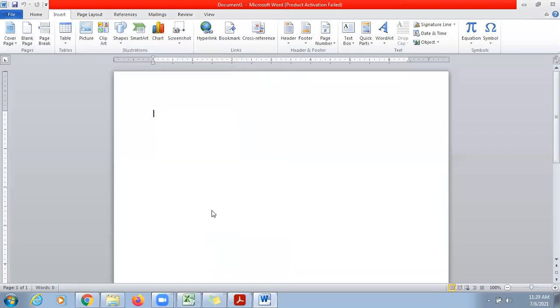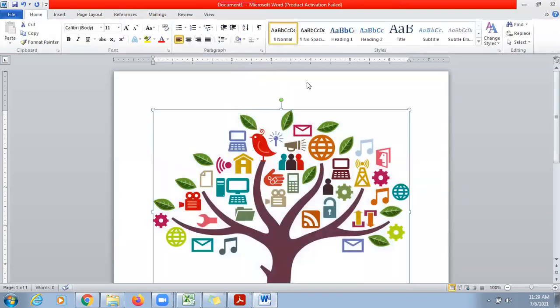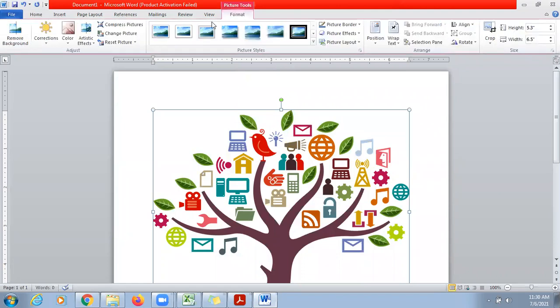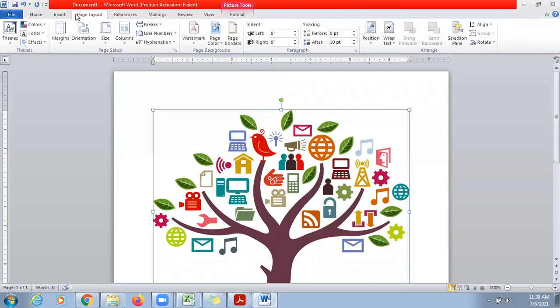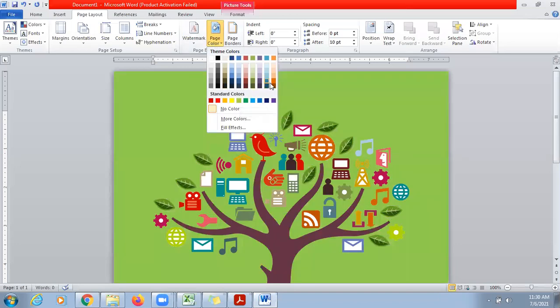If I'm inserting this image, let's change the background of the page so that we can check whether it's a JPG image, PNG image or GIF image. In MS Word, we cannot insert GIF images. GIF images are those which have animation with them, and MS Word animations don't work. So we can insert only JPG and PNG images. Sorry, we have to change the page color first. So we will go to the Page Layout tab, where there is the option of Page Color. You can choose a color which you want in the background of the page.